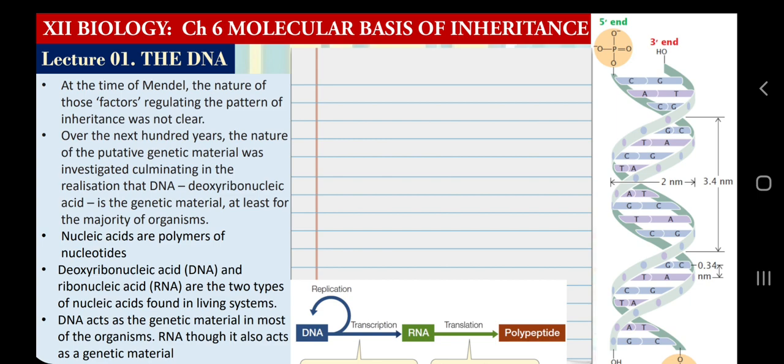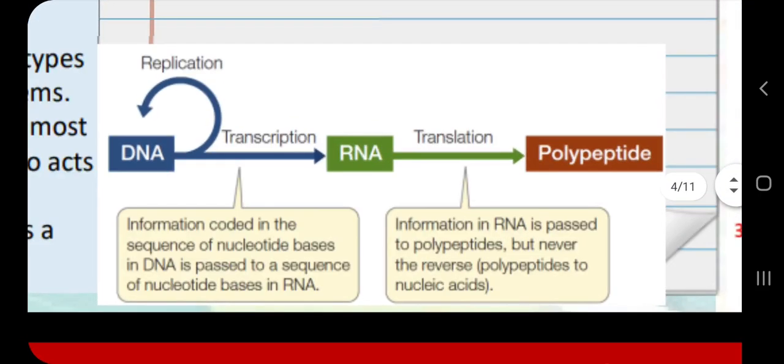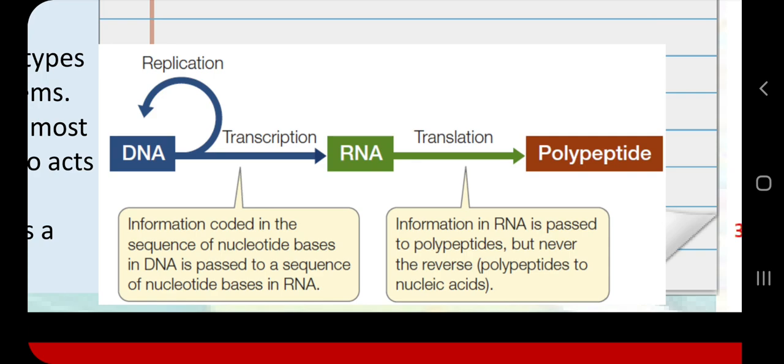Now one more thing here: you can notice DNA, then RNA, then polypeptide or protein. So from DNA to RNA to protein, in very simple terms. DNA can guide the synthesis of RNA, and RNA can guide the synthesis of polypeptide, as I mentioned earlier in my mutation topic from chapter number 5. This happens in eukaryotic cells as well as in prokaryotic cells. Those processes are known as transcription and translation, and we are going to explain all the details later in this chapter.